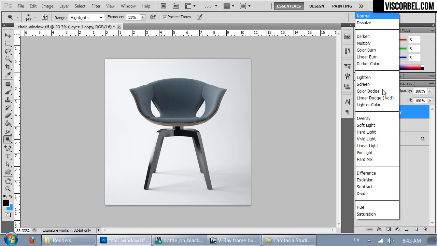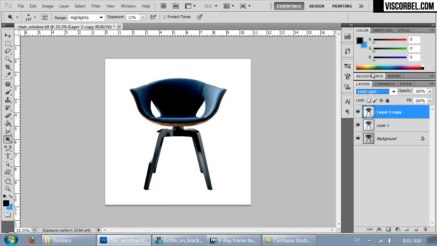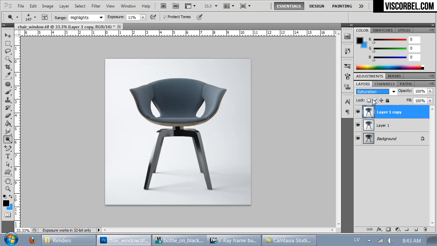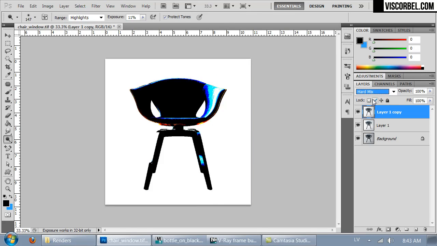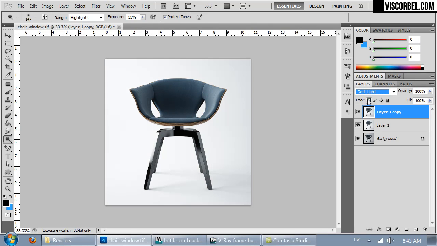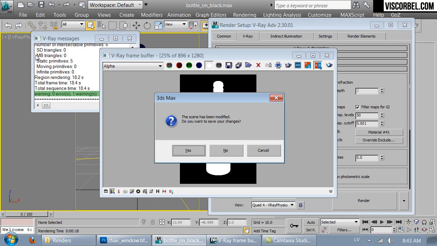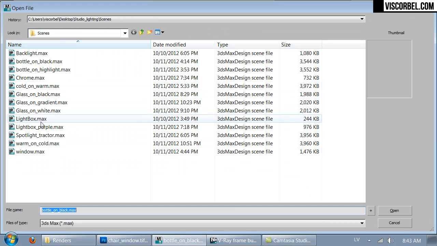Right, I'm going to duplicate the layer. Run through some blending modes to see maybe if something pops out as interesting. So this is quite nice, but it brightens the background a bit too much. And we can do the same trick here. We can open up